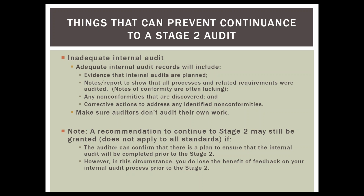The stage 1 audit is one of only 2 audits that we do where you get warnings as opposed to nonconformances. Remember that I said there are no nonconformances in a stage 1 audit. This is a perfect example of how you can use this to your benefit. If we review the internal audit records at stage 1 and we identify some things that are highly concerning, and you've got 6 weeks to go till stage 2, you've got time to fix things,